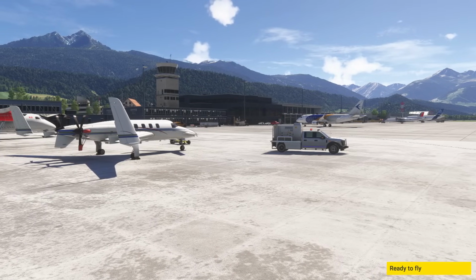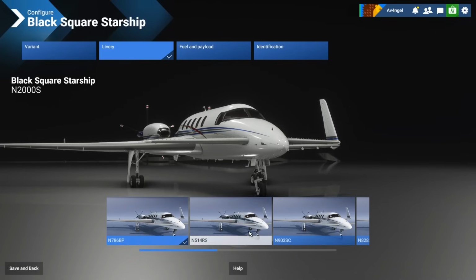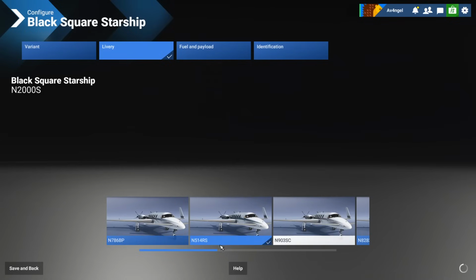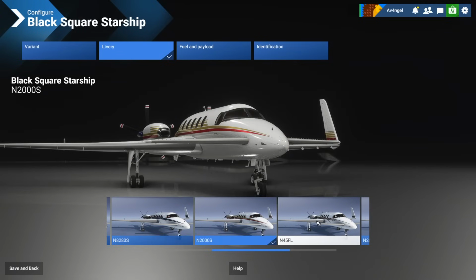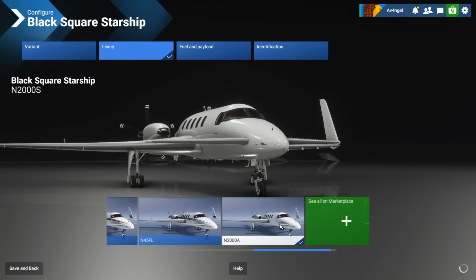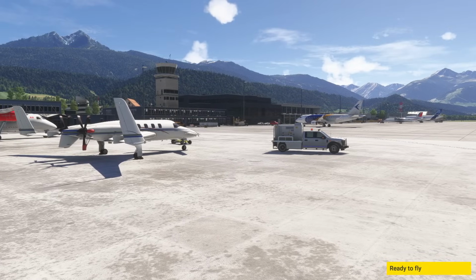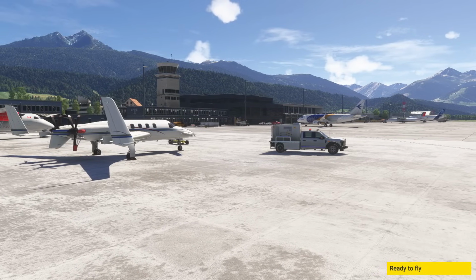Now what do we get from Just Flight and Black Square? A list of avionics about as long as my arm. Sounds are by Boris Audio Works, recorded from the real aircraft, and there are not many of these still flying. 600 checklist items. Yes, it has CRT, cathode ray tube simulation, including warm-up and instrument panel temperature. Improper engine management will damage the systems. We have gyroscopic physics simulation,